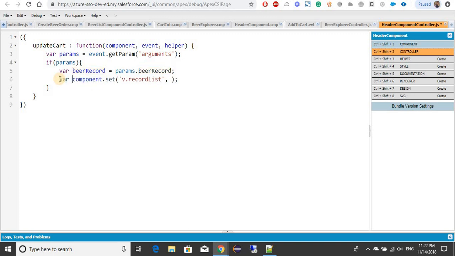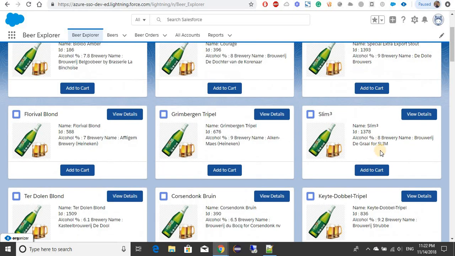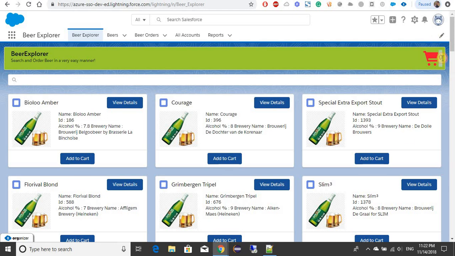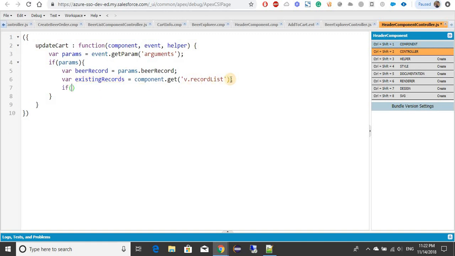just where existing records component.get. What we are doing is getting the existing record. Let's say that we already have 4 items added, and now we are adding one more. It should increase the count to 5 instead of 1. So we'll get the existing record and check: if existing record, then existing record dot push, and push this beer record to that list,